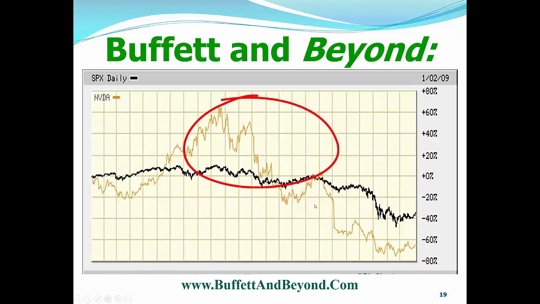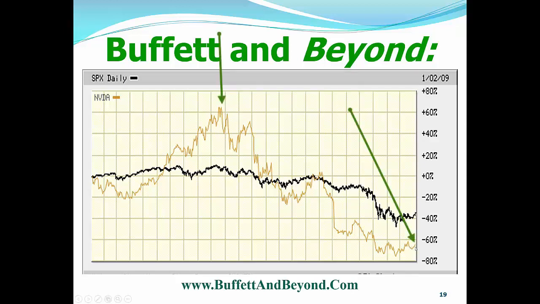This is what we're talking about. You have to be careful of cyclical stocks because they start to go down before the market breaks, and you don't have a chance because nobody in 2007 was talking about a recession. We were talking about Yahoo, the market's going to the sky, and this stock started to break, and that's because numbers were starting to come out, or I should say projections were coming out for 2008. The market did not like them. The smart market participants knew this stock was cyclical, and they wanted to get out quickly, and they did, folks. So from $40 a share all the way down to $5 a share, this stock was down 87%.